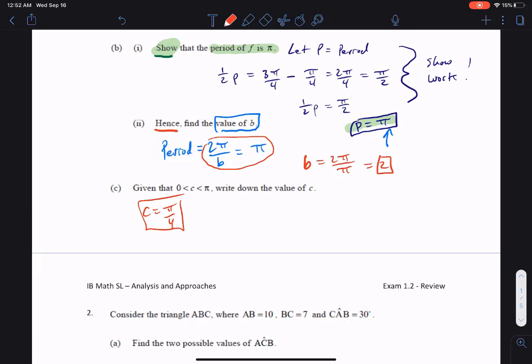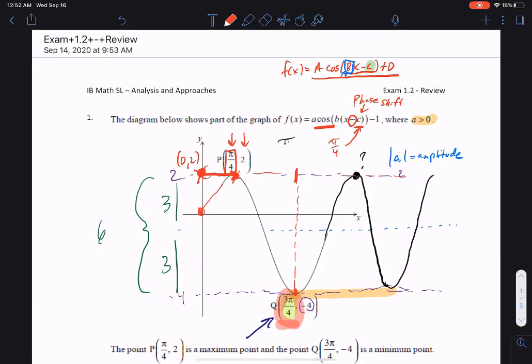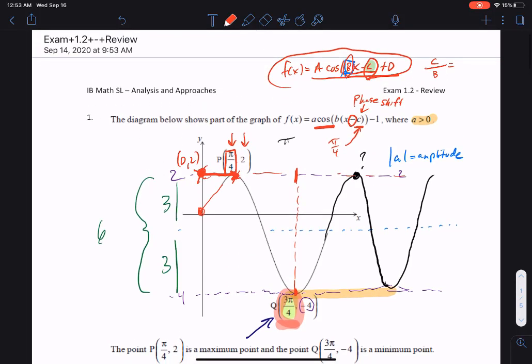Now, what makes it complicated is because of the way I taught you this. If you are using this formula the way I taught you, religiously, if you don't make that translation, I told you that the phase shift for this formula is C over B. If you don't factor out the B, it's going to be this quantity C over B. So the values C for the equation I taught you and the one they have are not the same, okay? So in this case, if I'm finding C for my original equation,